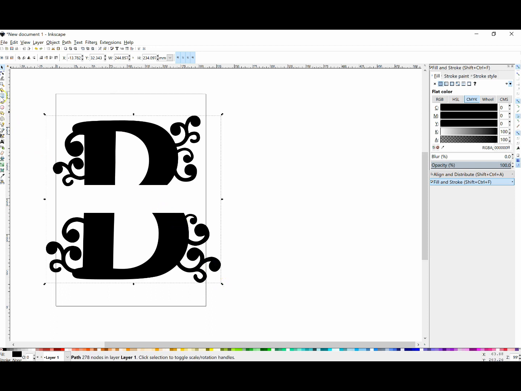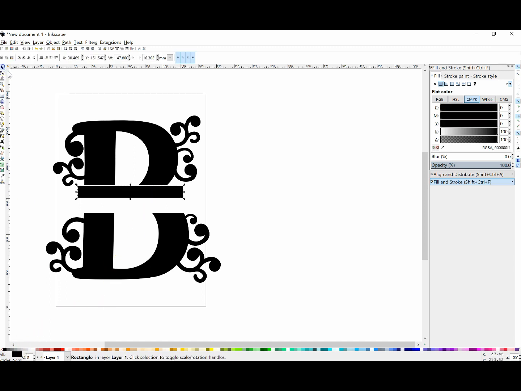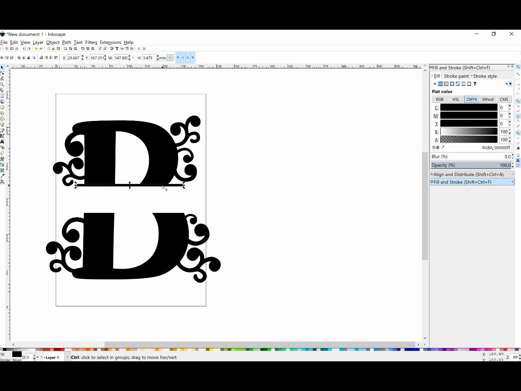Now, there's one last thing that I want to put on here. I want to frame off this B with a line across the middle. So I'm going to add in a rectangle here. Now, the previous color I used was white, and I don't want white. I'm going to make it black, and I'm going to make it a lot skinnier because I don't need it to be that large. I just want to put it right here, to frame off the top of that B. And then I'm going to copy this, and this will give it a nice finishing touch whenever somebody puts a name or something on the inside.